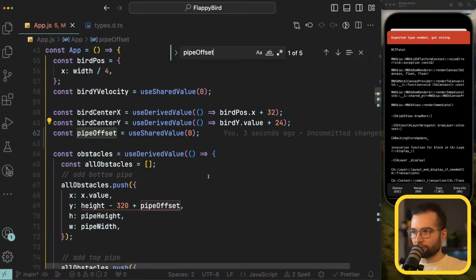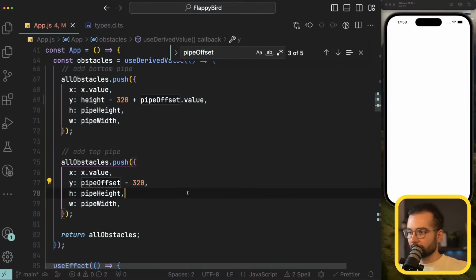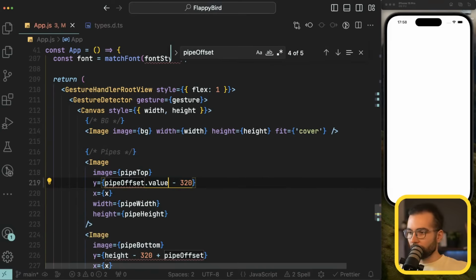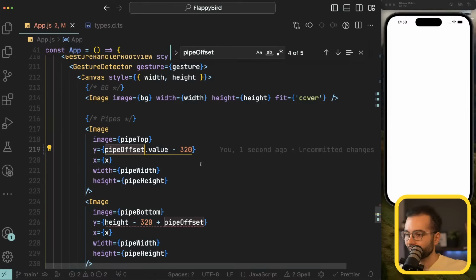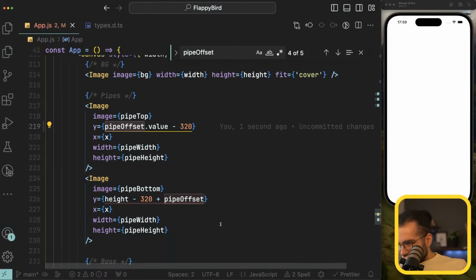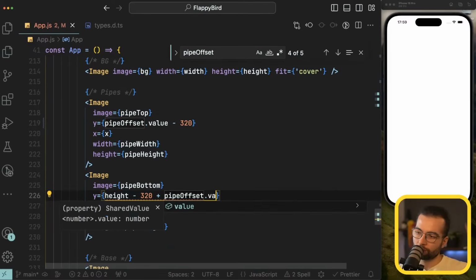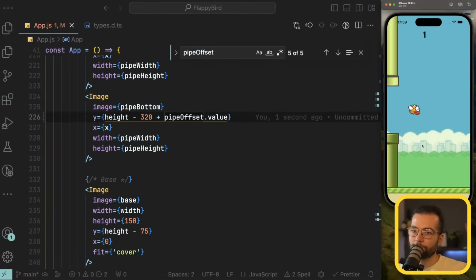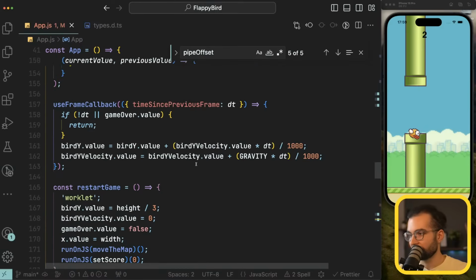I'm going to check where we are using this pipe offset, and I'm going to use dot value. And where else? Here, pipe offset dot value. Pipe offset dot value. Oh, it's not going to work. Pipe offset dot value. It's not gonna change. That's the problem. Because after the first reset, or let's say